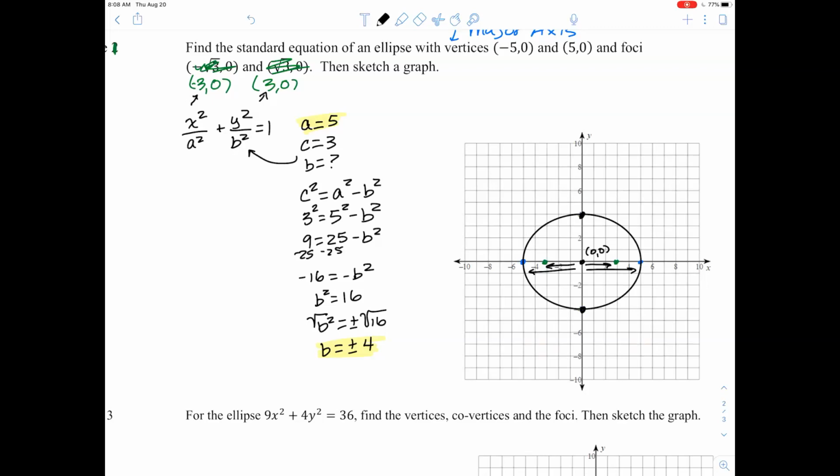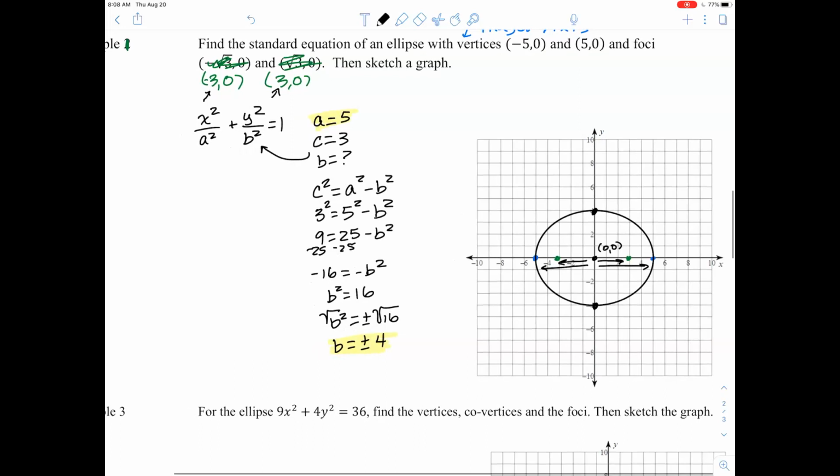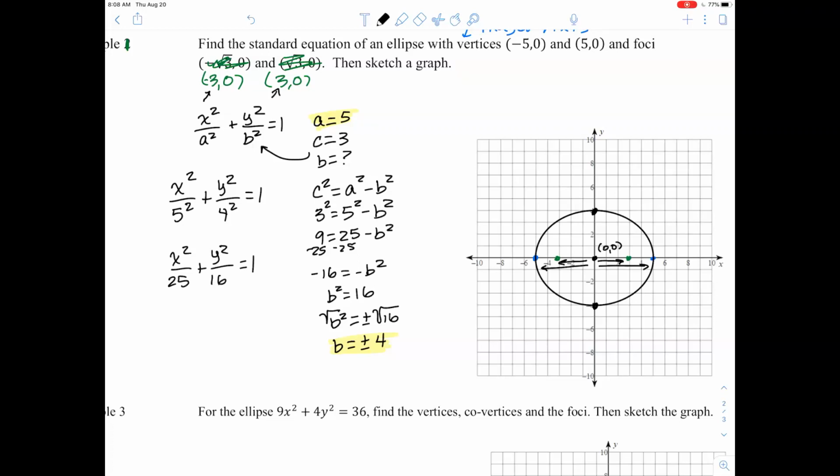Okay, all right. Let's write our equation. So we have our A and our B. So all we have to do is plug them in. So x squared over 5 squared plus y squared over 4 squared equals 1. And then we'll just simplify that to x squared over 25 plus y squared over 16 equals 1. And that's the equation. Now, I'm going to go ahead and take you to Desmos so that you can see